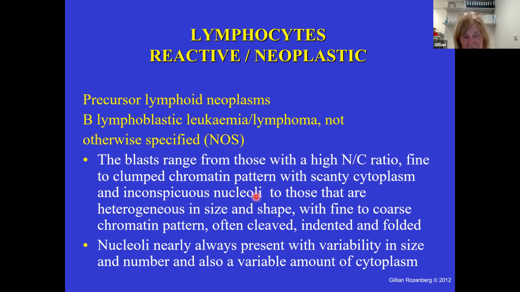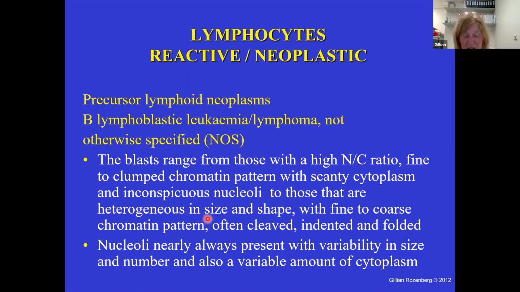Now, just to say to you at this point in time, some of you may remember the FAB classification, the French, American, and British classification of these disorders. This first group here was actually known as the ALL1, and the second group I'm just going to describe now,